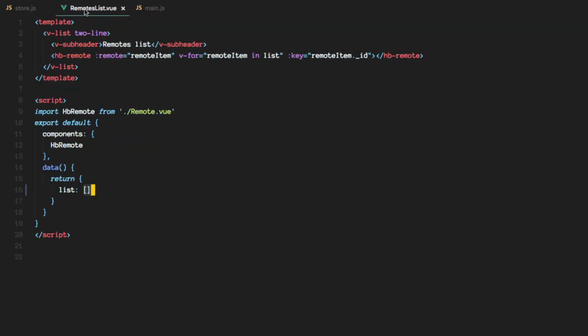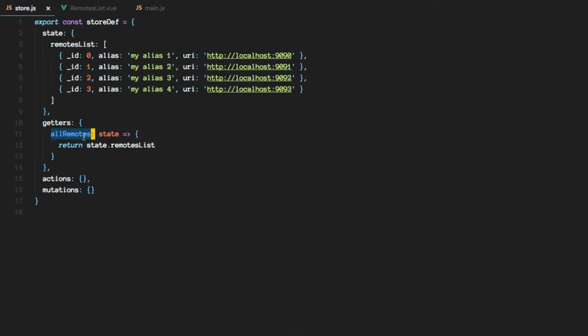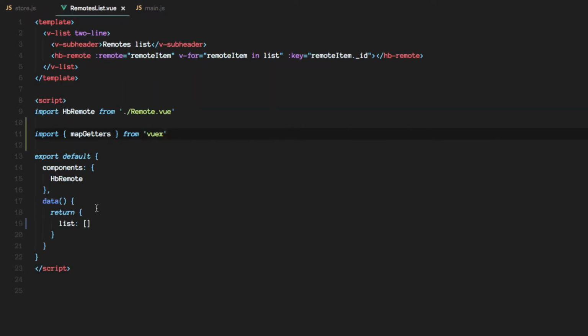Alright, and Vuex provides something called mapGetters, which is basically a way of exposing these functions or these methods to the object that we will export as the component. So the way you use it is